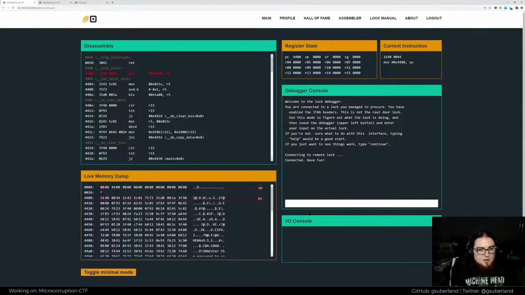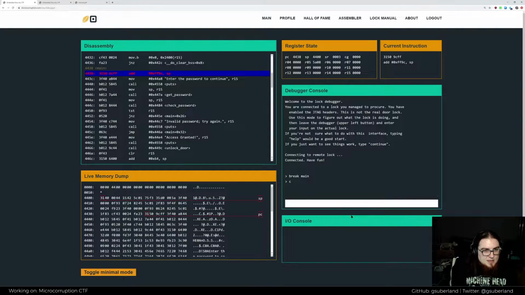So the first thing I want to do here is work out where main is. It traps on the first instruction, which is up in its stack, but I don't really care about that. I just want to break on main. So I set a breakpoint on main, and then type C to continue execution. I'm breaking on main. In fact, you know what? I'm going to turn that breakpoint off, and I'm actually just going to let it run and show you how